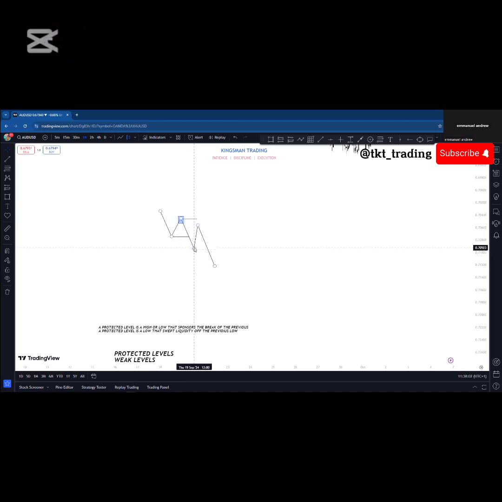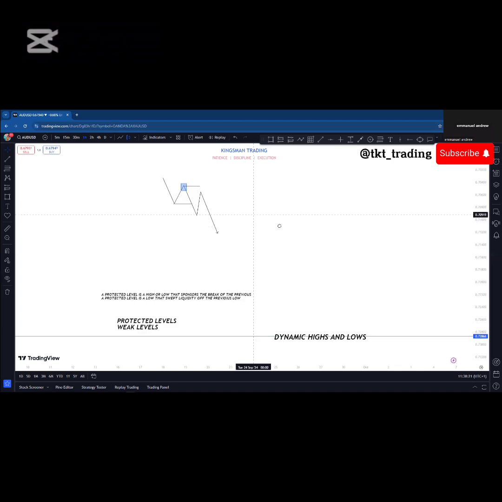So price is always going to retrace. We do not expect price to retrace beyond this level because it's now a protected level. Price will only retrace to an order block or a POI, and then boom, it's going to continue its movement to the downside. So now let me look for a perfect example